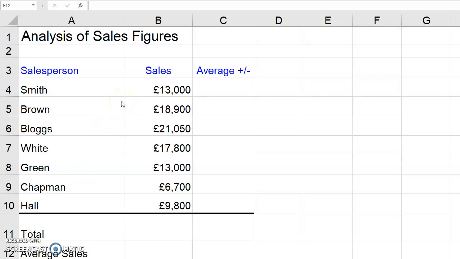Here we have a spreadsheet containing the sales figures for each employee within a company. We want to analyse this spreadsheet to work out the total amount of sales and the average sales. So placing my cursor in B11,